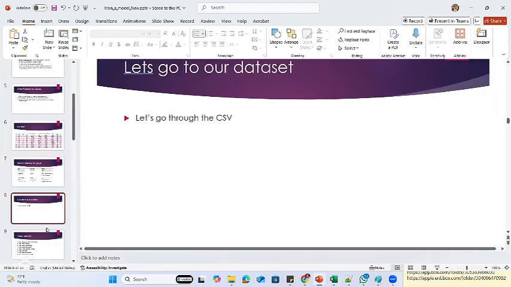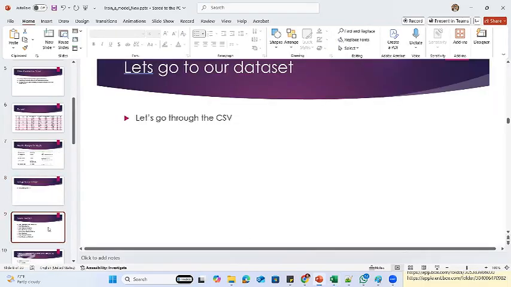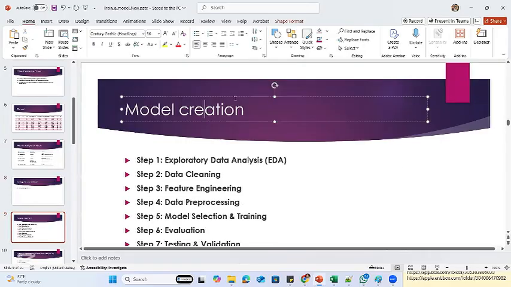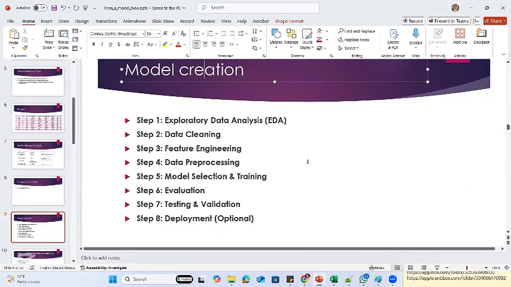Before I train the model from that data set, in the model training cycle, we have to do a couple of things, right? Mainly there are 8 steps to be followed before we train a model. When I explain these steps, in some cases I will use Python,